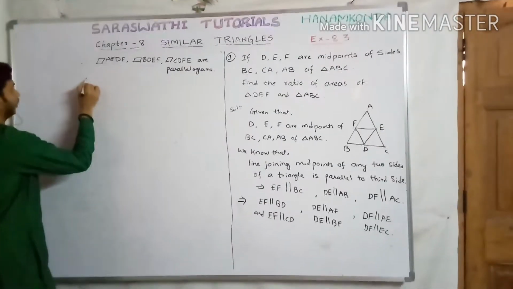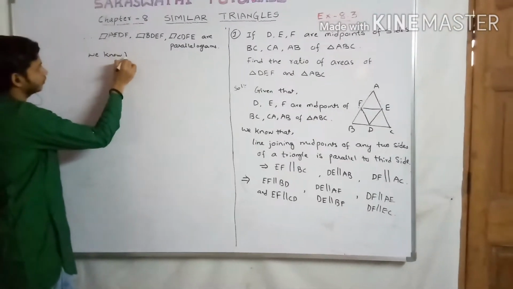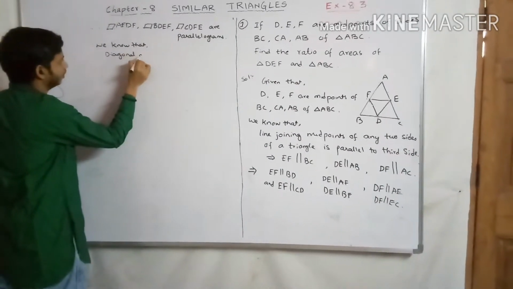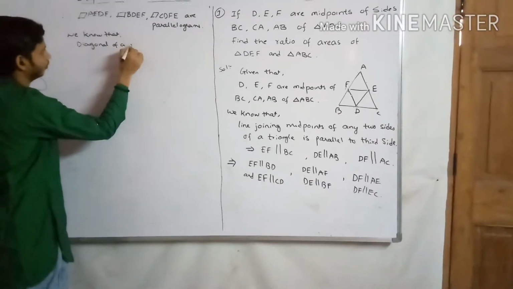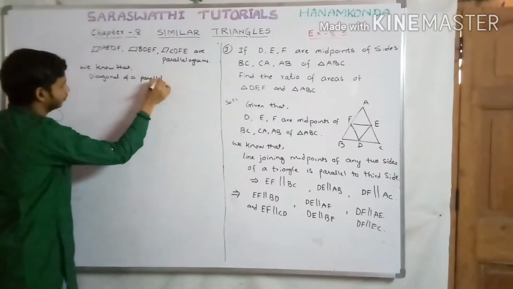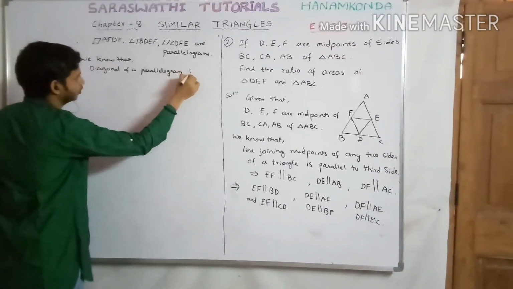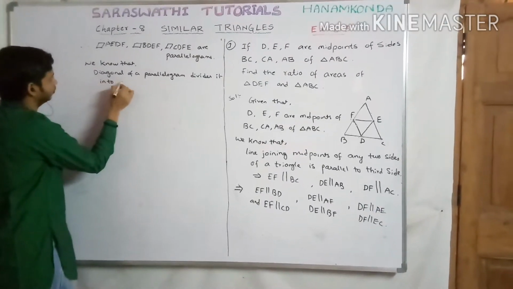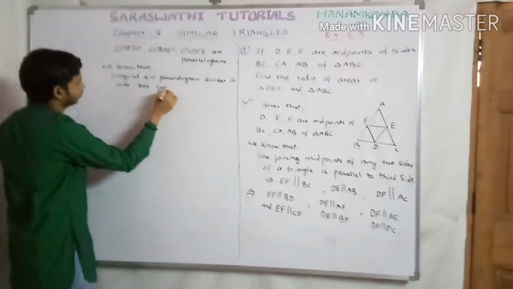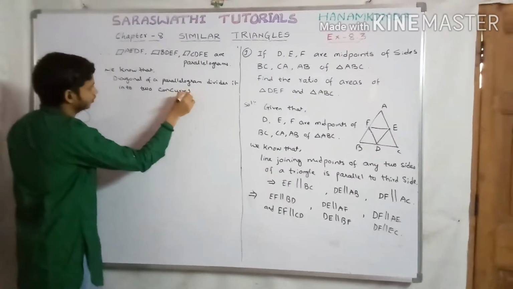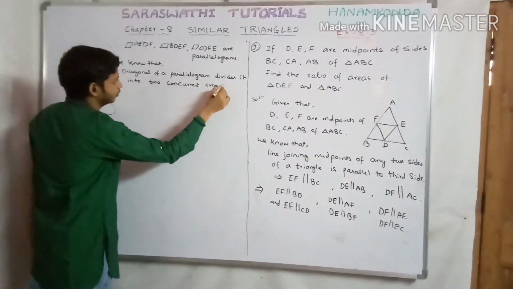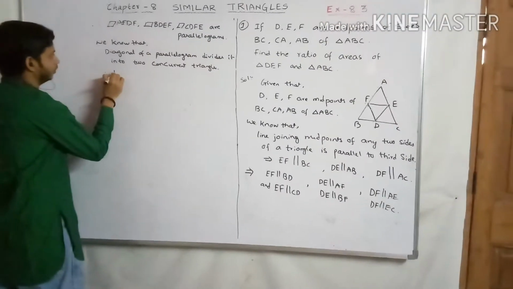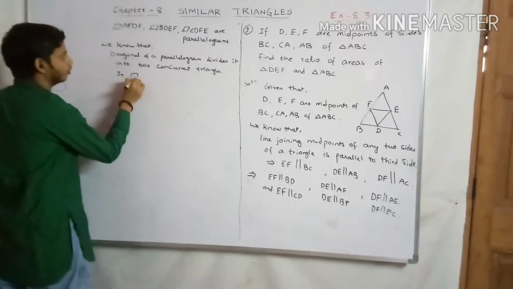Okay, so we know that the diagonal of a parallelogram divides it into two congruent triangles. Okay, so therefore in parallelogram